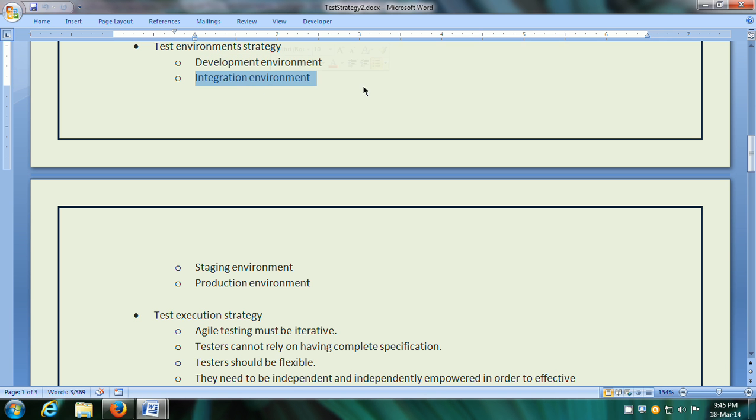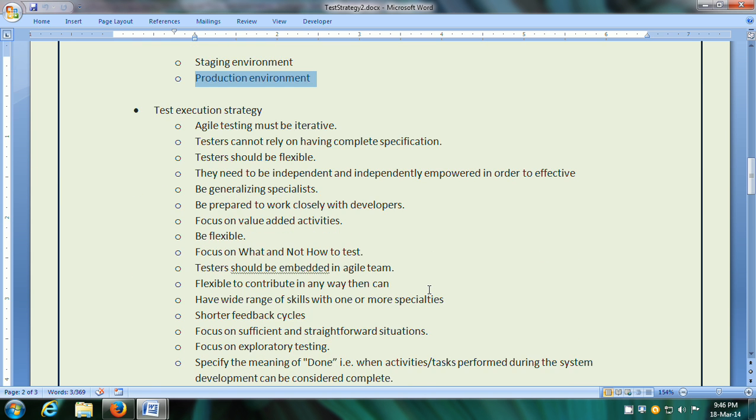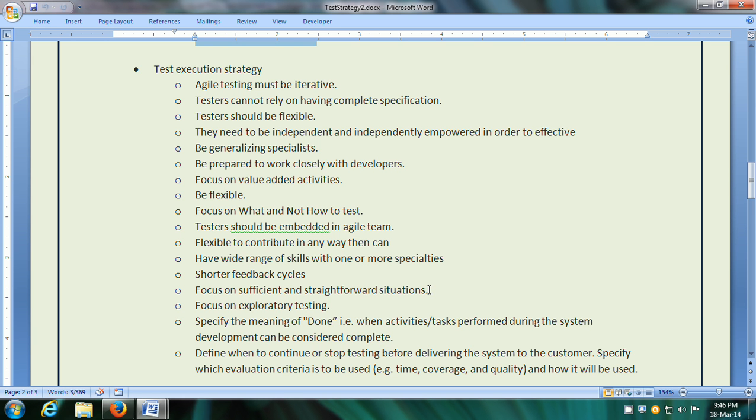The integration environment will be used for unit, functional, and acceptance testing, also static code analysis, also continuous integration. Then staging environment will be used for exploratory testing and automated testing, and production environment will be used for production verification testing.